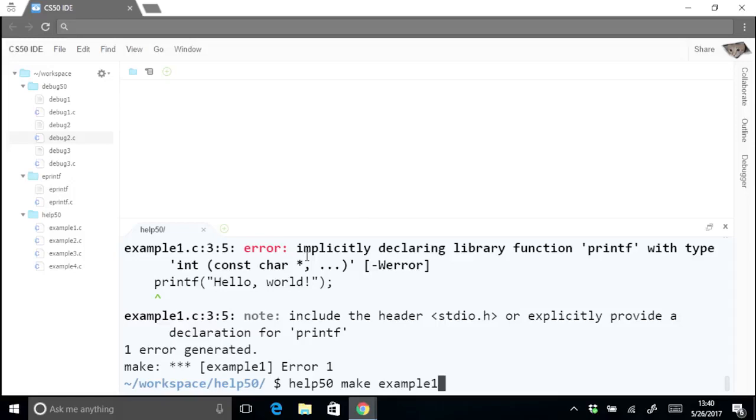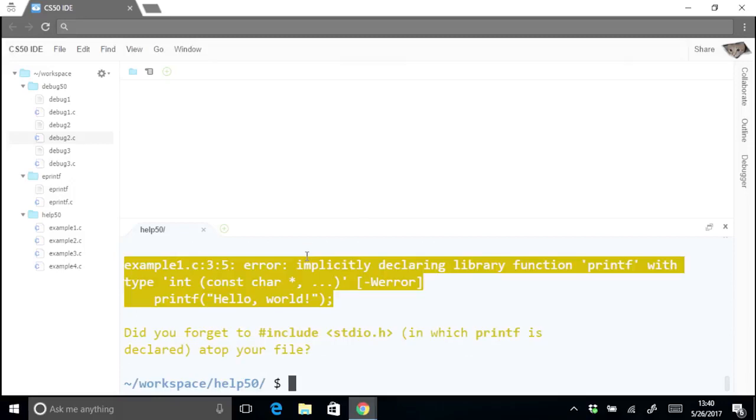Let's see if maybe Help50 can give me a little more information about what I might be doing wrong in my program. So I run it again. Now I'm getting this sort of hint from the virtual TF, which is written here in yellow. Did you forget to pound include standardIO.h, in which printf is declared, atop your file? Well, let's take a look. So in example1.c, yeah, it looks like I did kind of forget to do that. So if I just go ahead and add that,